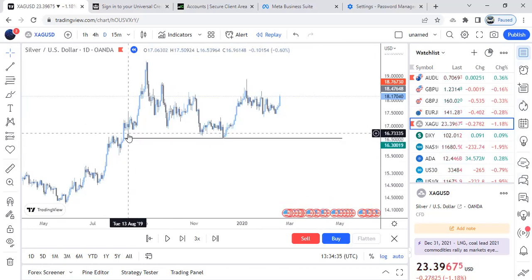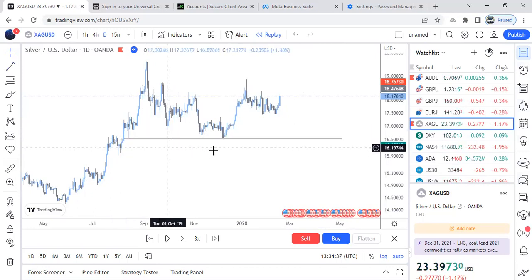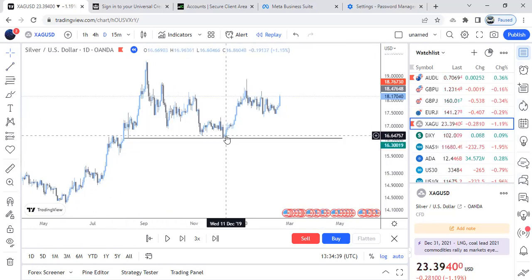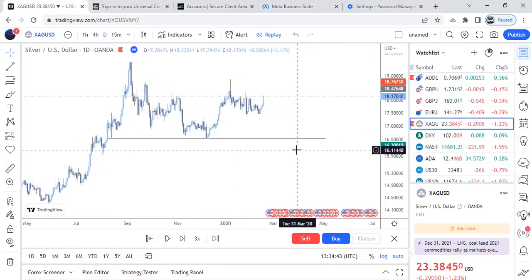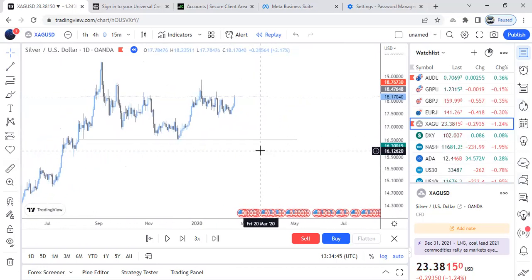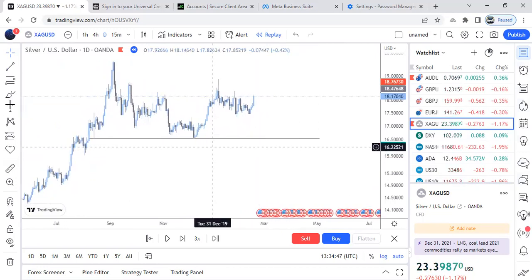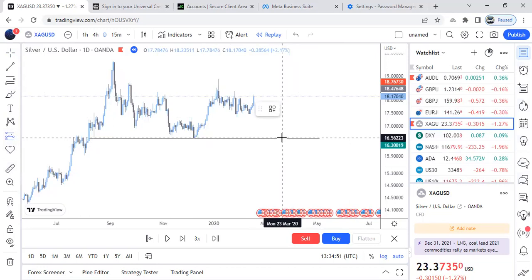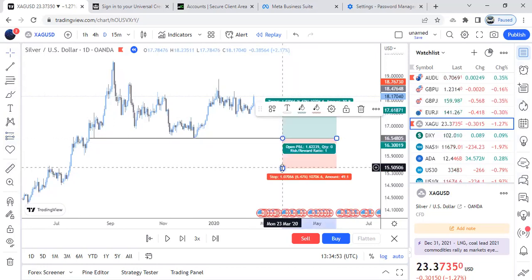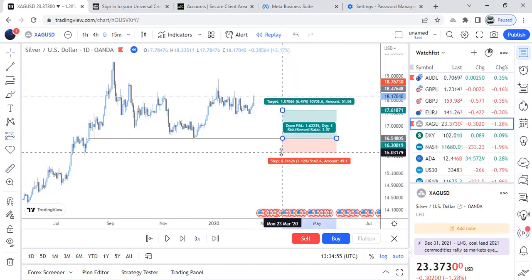You can see that price respected this line. Price again respected this line here, you know. So any person who wants to buy will think that the third time the market is coming, we're going to have a buy to make some money. So basically,